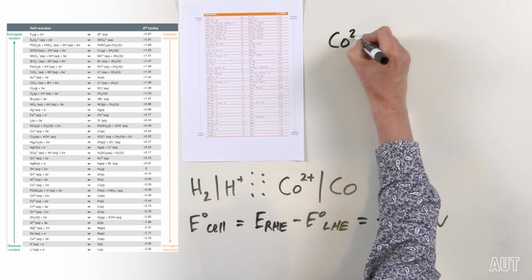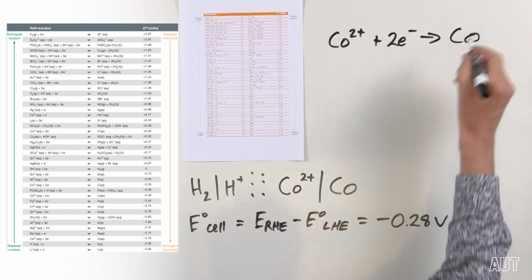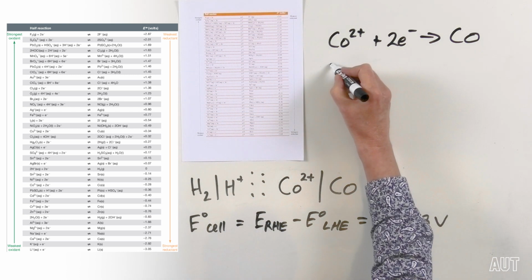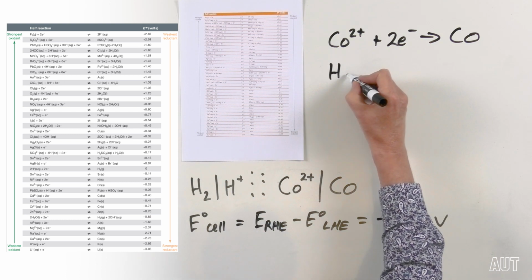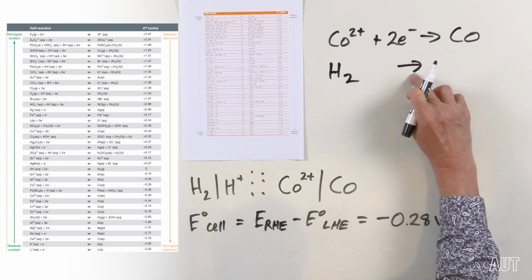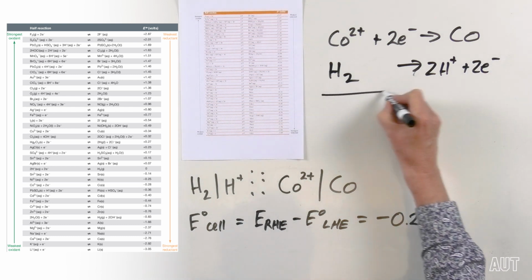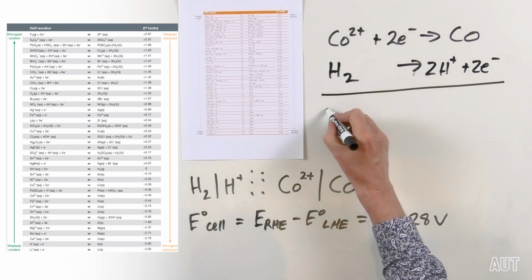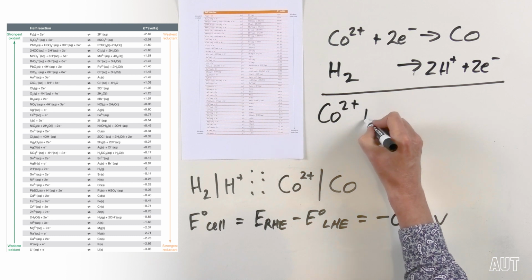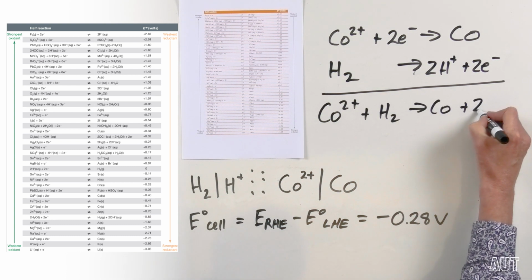So we would go CO2 plus 2 electrons giving CO, and we would go H2 giving 2H plus 2 electrons. So the overall, the defined cell reaction would be CO2 plus H2 giving CO plus 2H